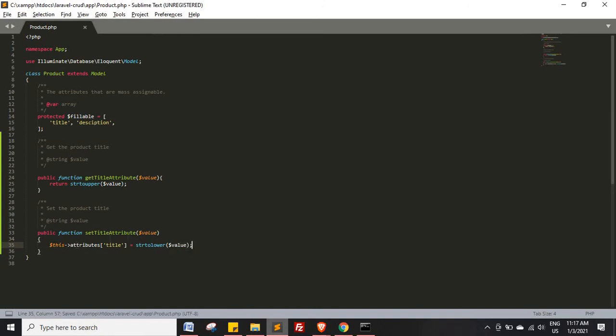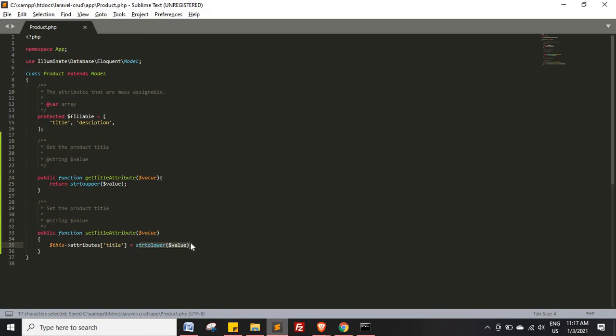Okay, so this is how you can define your mutator. Okay, so basically set column name, and then attribute, and then value, and after that inside this method you have to define which column name, in which column you want to save that data. Okay, and then how you are manipulating that data.